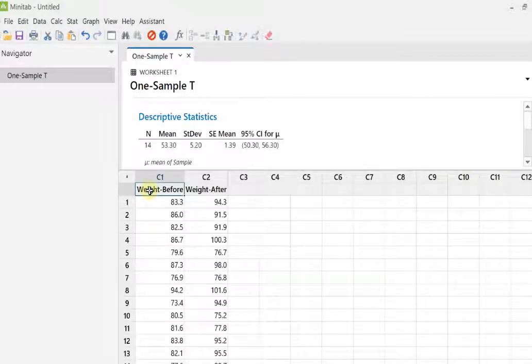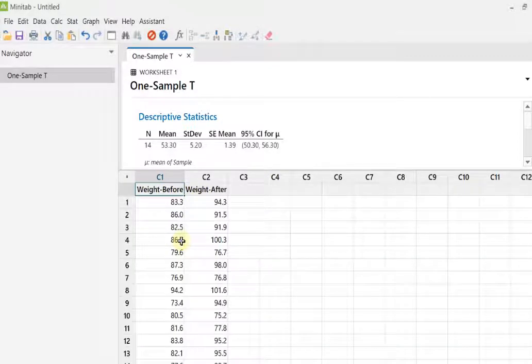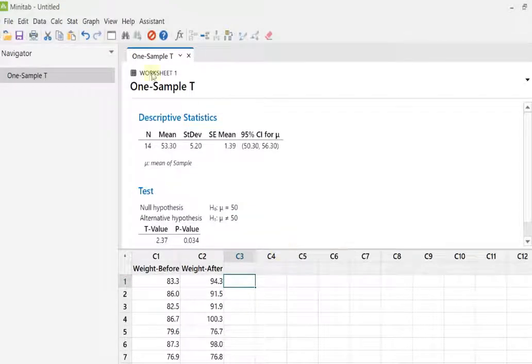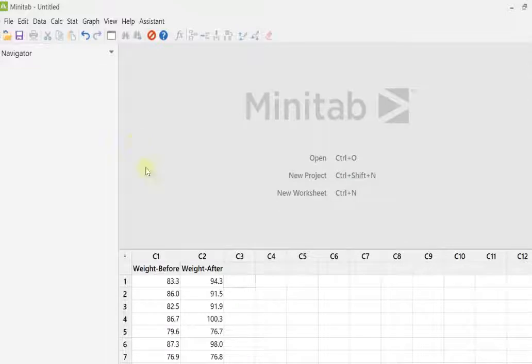There you go. Control V is the shortcut for paste. And here you have weights before and after. They're all in here. See that? All 17 pairs are there. If you want, you can create a column of differences here, but there's really no need for what we were doing, because we're just interested in the output. But that's how you input it. Pretty easy, huh? Let me delete this so it's not distracting you. Okay, so this is what you should have.